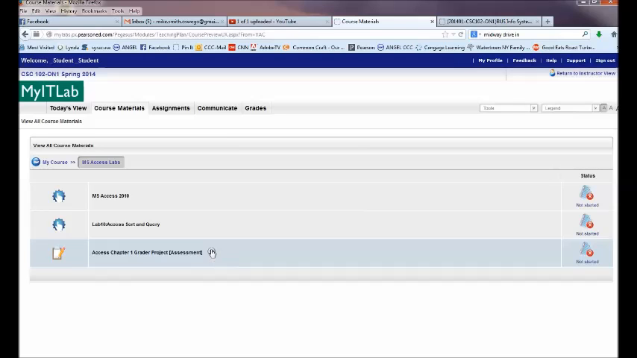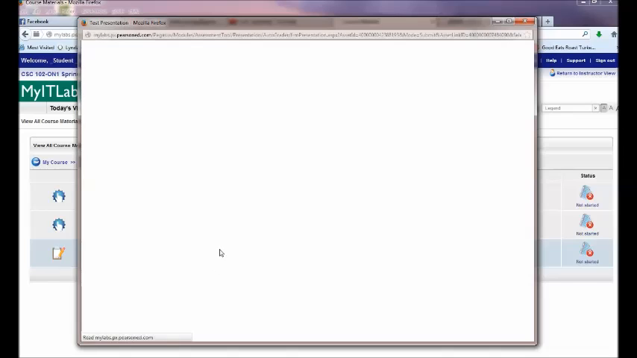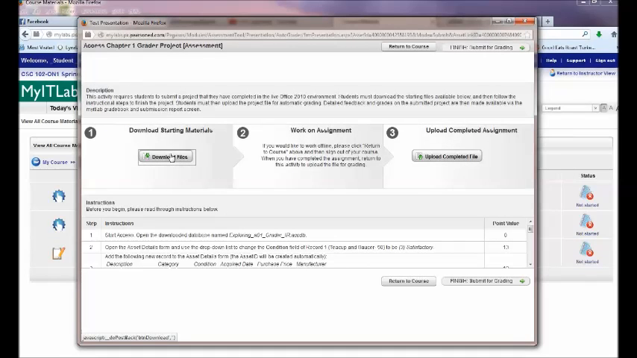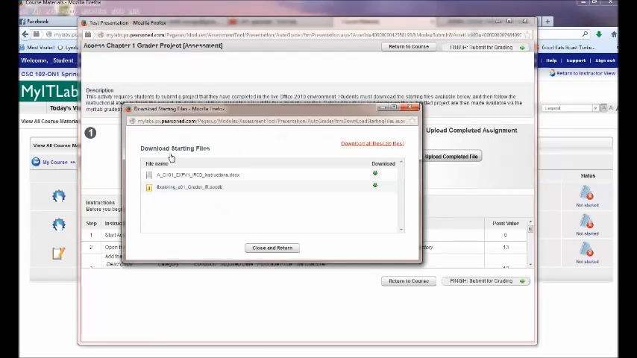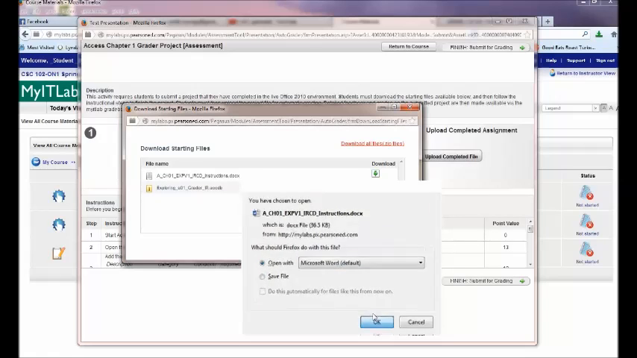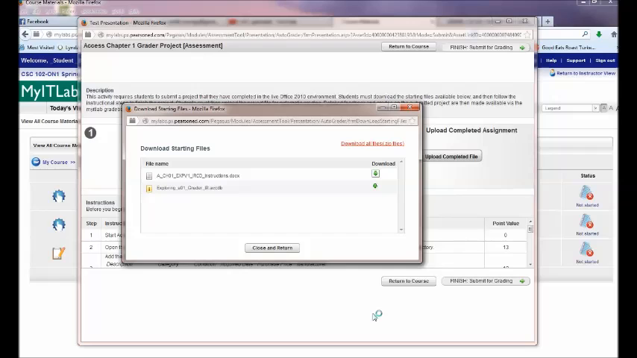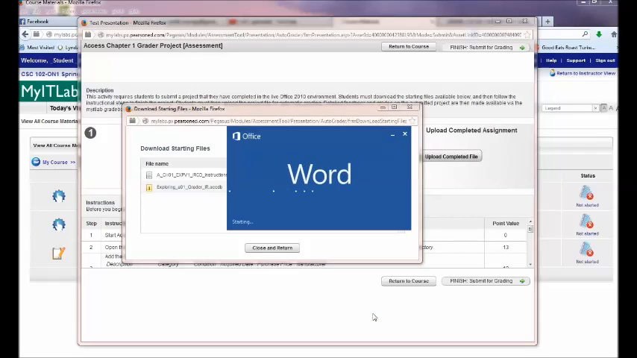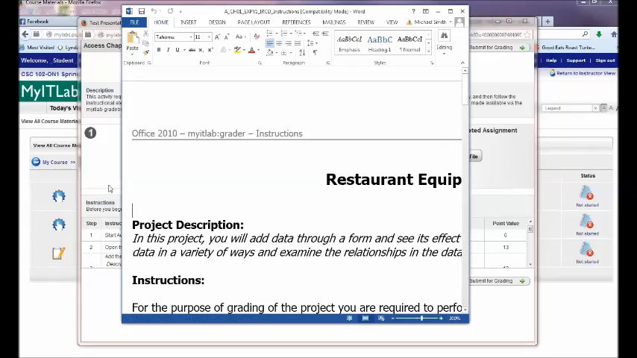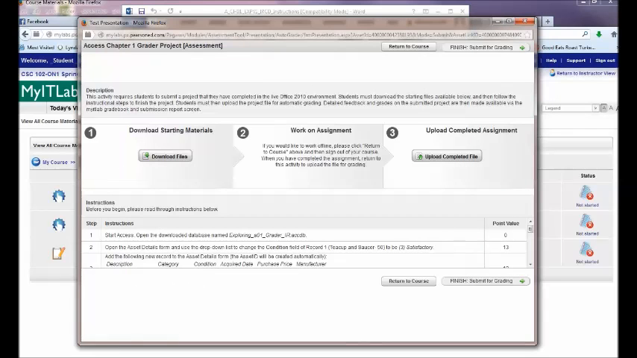This is the assignment. If there's one in here marked optional, it's extra credit, and that's a different assignment. The one we're doing is the assessment right now. So we want to open it and download the files. So this is the set of instructions, which are, it's a Word document. And it's right here. And then the other one is